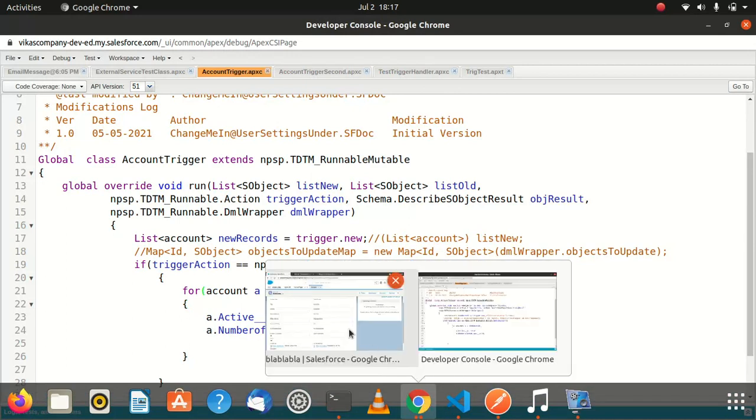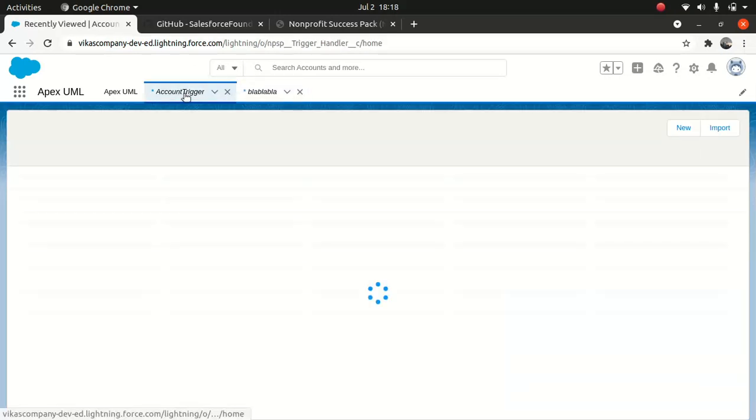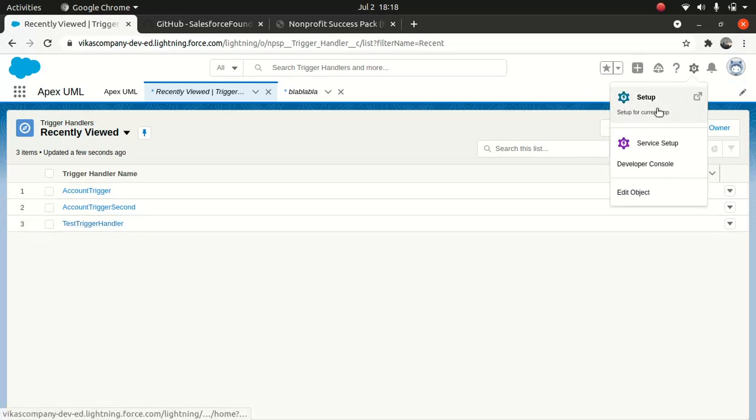Okay, yeah, right. So this is number of locations and active. So this is great. Now, you remember I talked about before, what is this test trigger handler? So what I did, I created a new custom object just to demonstrate. If you wanted to do a custom object, how do you write a trigger with a custom object, right? So you go to